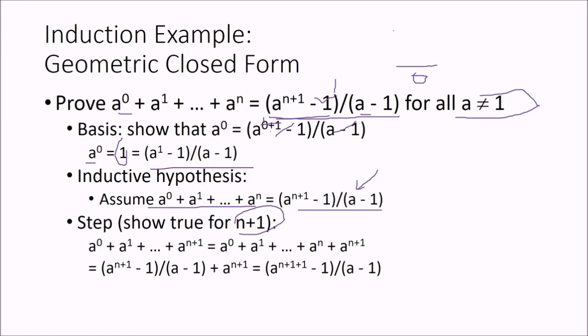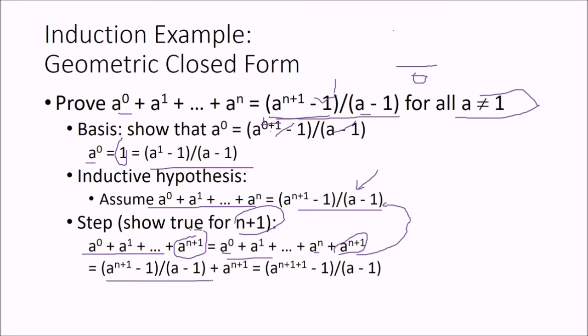So this is a0 plus a1 plus dot dot dot a to the power n, and this remains here, and we have added a to the power n plus 1. We have added this also. Actually, it becomes a0 to an, which we already have, and we have hypothesized that this is true. Now we have added a to the power n plus 1, and once we add these two parts, we want it to be true like this, not for n but for n plus 1.